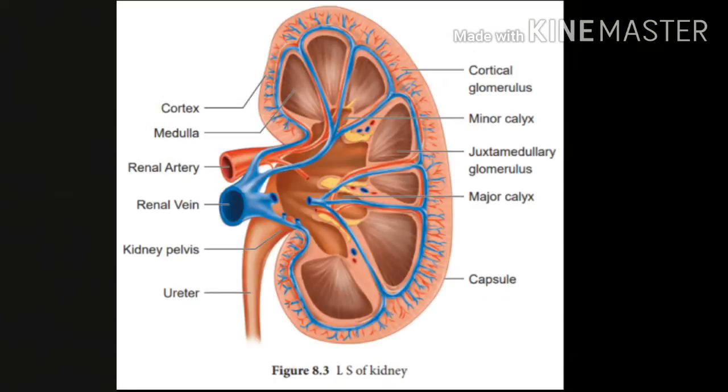Internally, the kidney consists of two regions, the outer cortex and the inner medulla. Cortex is dark in color, medulla is light in color. Both of these regions contain uriniferous tubules or nephrons. The medulla consists of conical masses called renal pyramids or medullary pyramids. On the inner concave side of each kidney, a notch is present, that is called the hilum. Through this notch, blood vessels and nerves enter in and the urine leaves out. Clear? I hope all understood.